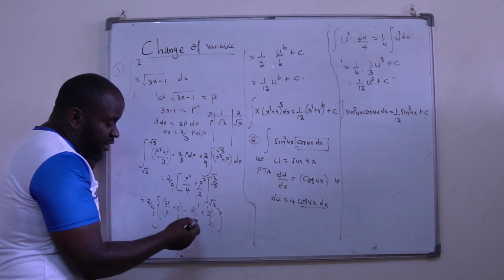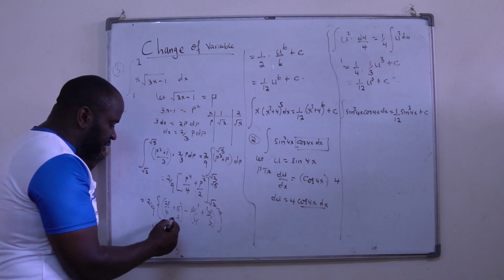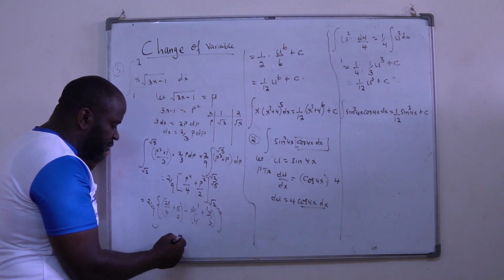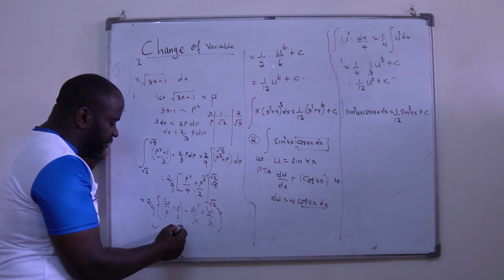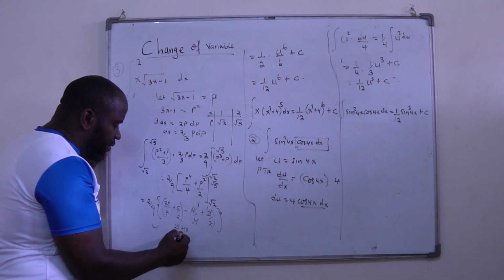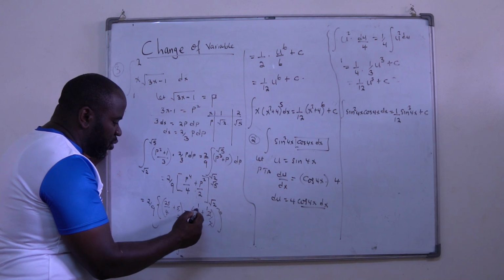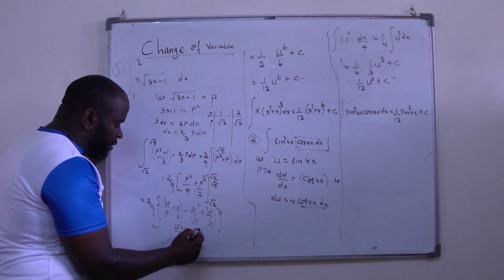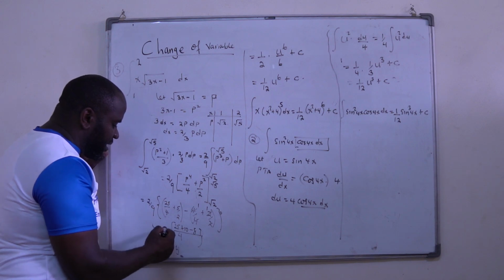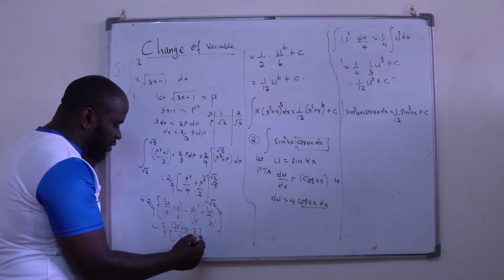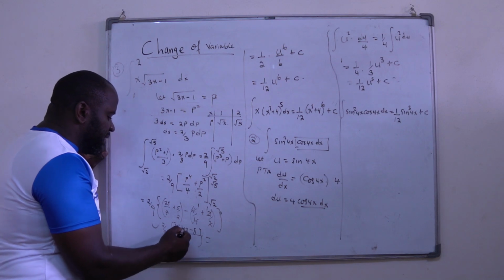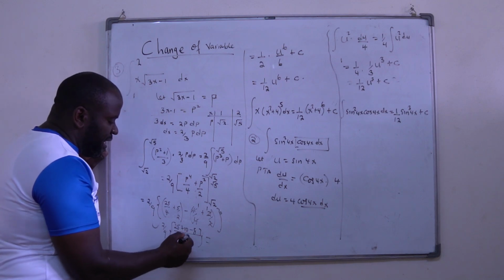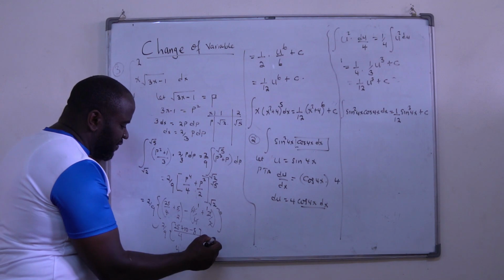Or if you want, you can add using fractions. For example, here the LCM is 4. You will have 25 plus 10. There is a minus 2 here. The minus 2 will give us a what? An 8. Or you press everything into a calculator and then you get the answer. So this is 35 minus 8. The answer is going to be 27